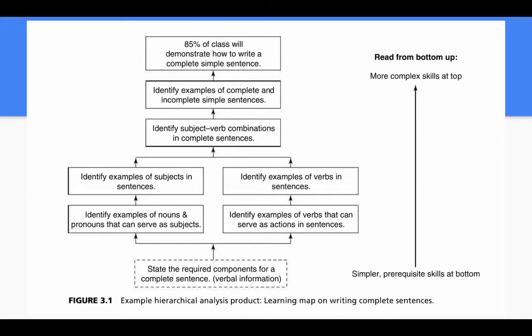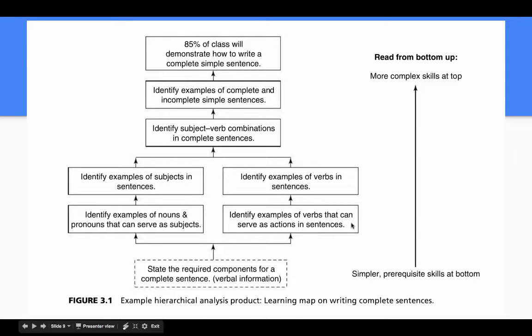Here is an example from our textbook on page 55. As you can see, this learning map includes a hierarchical structure with multiple levels. Each level represents the foundational knowledge, prerequisite, and simpler skills students must develop before moving up to the next level